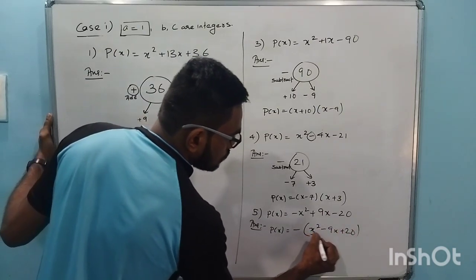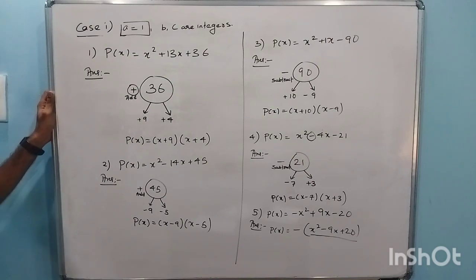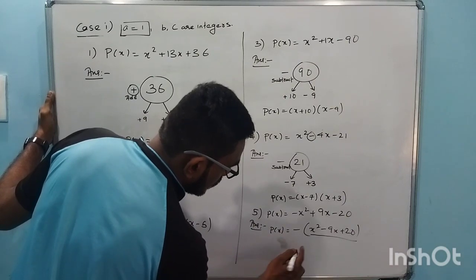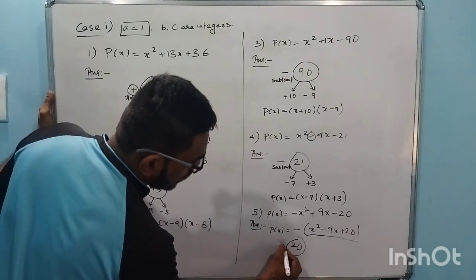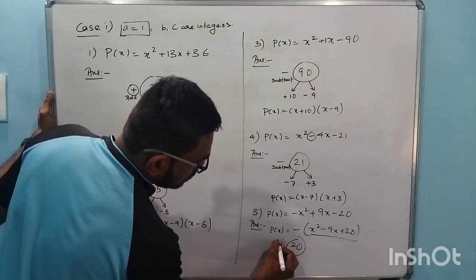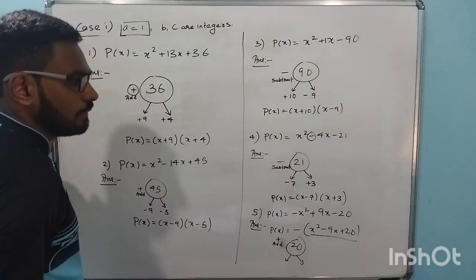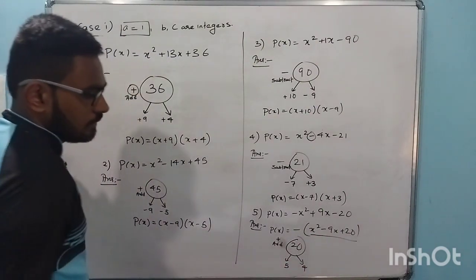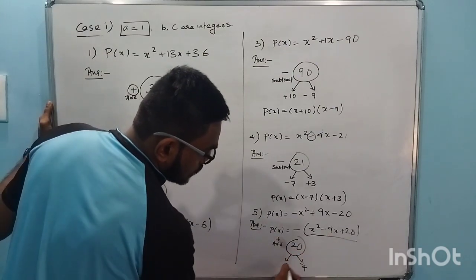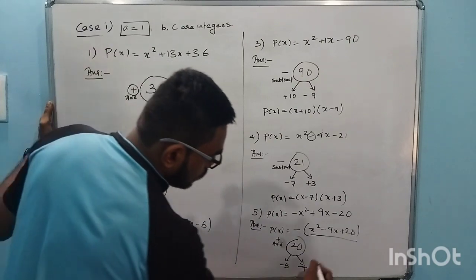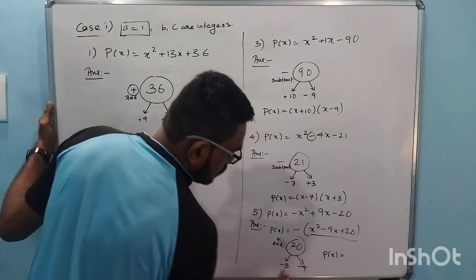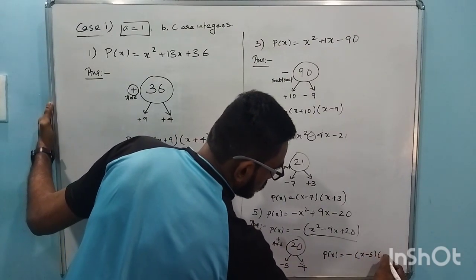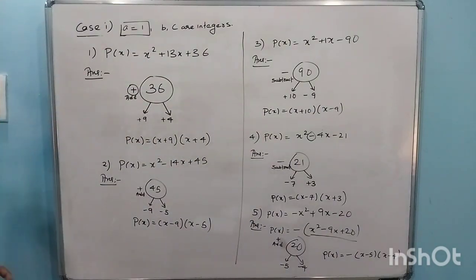Okay, so for this we'll find the factors. So what you'll get? This p of x. So first of all, I'll write 20 here. Since this is plus here, so add. Okay, and then that means if we add, you should get 9, and if we multiply, you should get 20. So 5 and 4. So this sign you should give to both the numbers. Okay, that means polynomial is what? This, along with this minus sign, x minus 5 and x minus 4. Okay, like this it is.